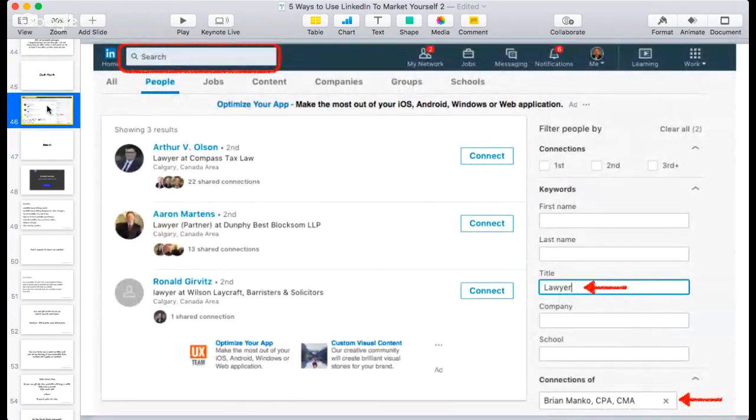LinkedIn added it back in. They took it out. I went on a rant and a rave about this, but I'll tell you what, here's something that is awesome. So go to the search bar, click on search, and what comes up is people, and down the side, go into the keywords. What's your target demographic going after? So I'm just going to say lawyers. So punch that in, and then look at connections up.